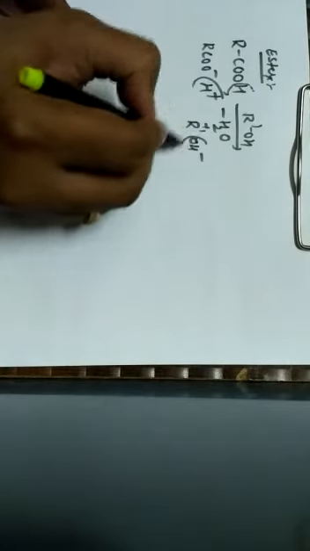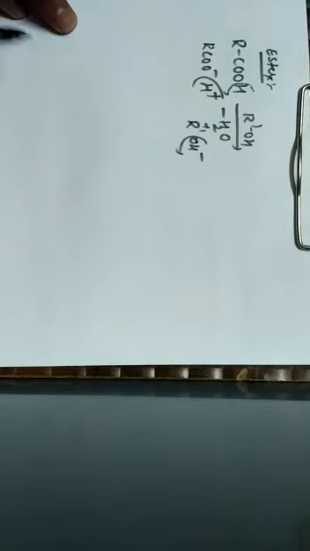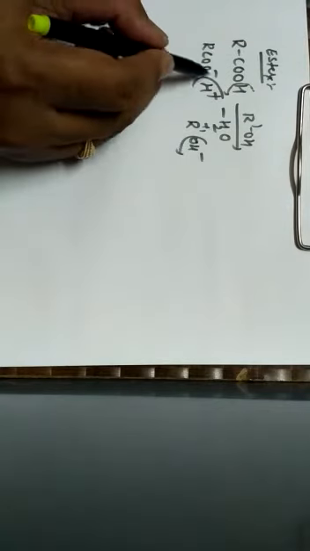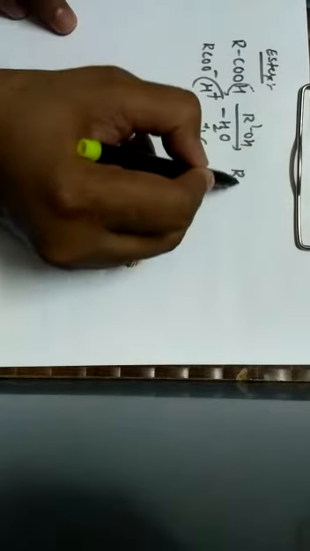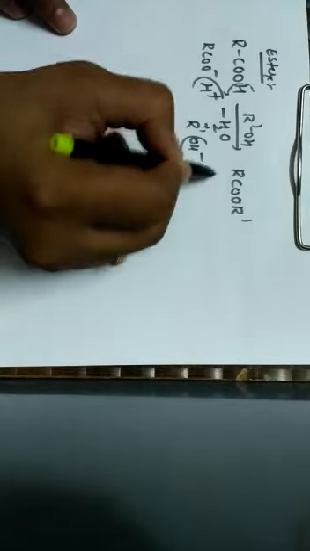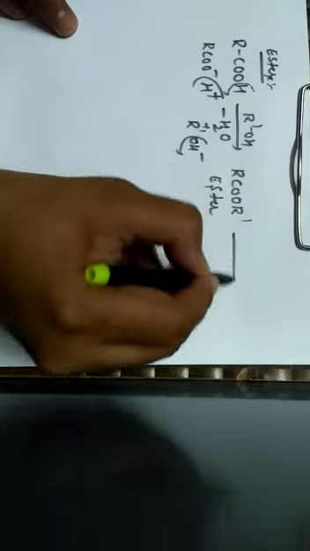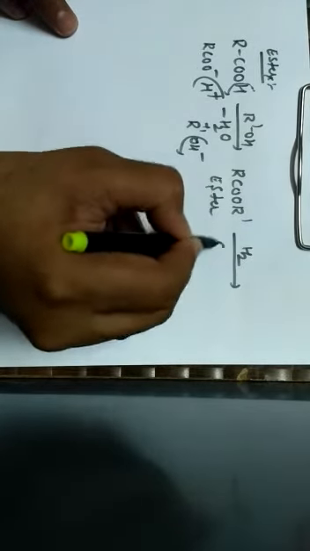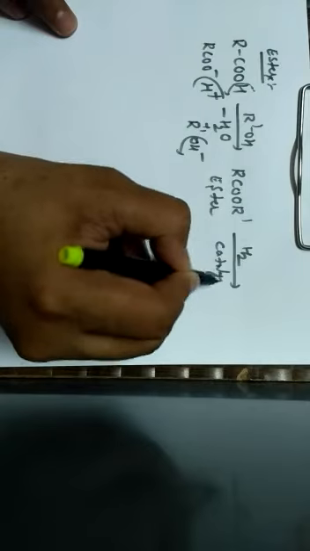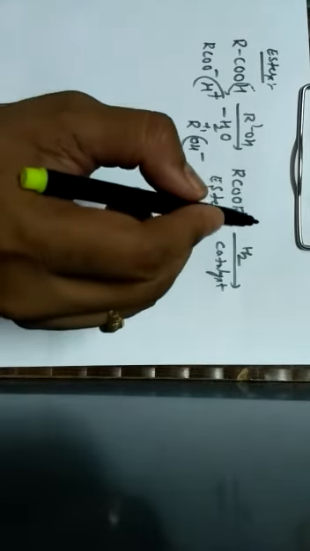So this H plus and OH minus get eliminated as water. What is left out? RCOO minus along with R dash. This can be written as RCOOR dash, which is nothing but what? An ester. So when this ester is subjected to reduction in the presence of a catalyst, here the catalyst can